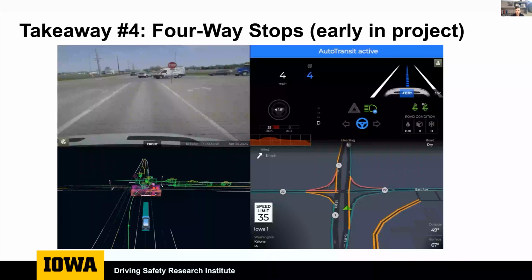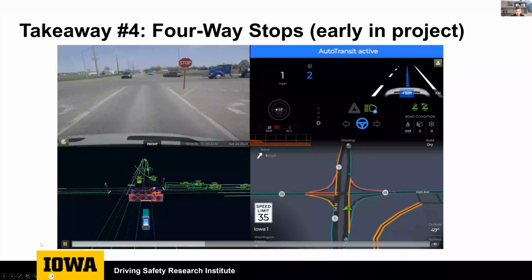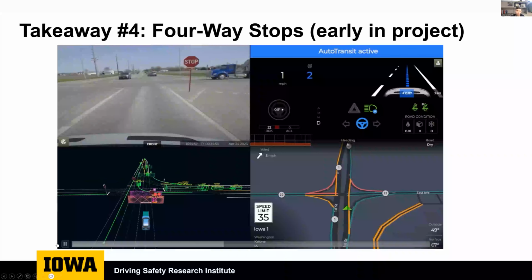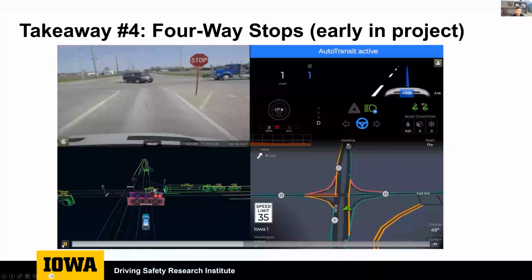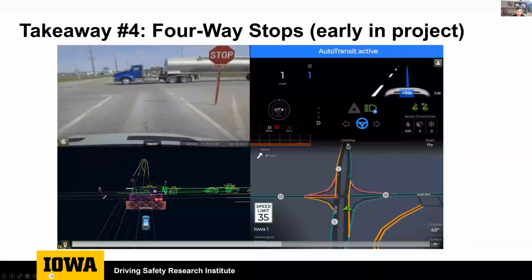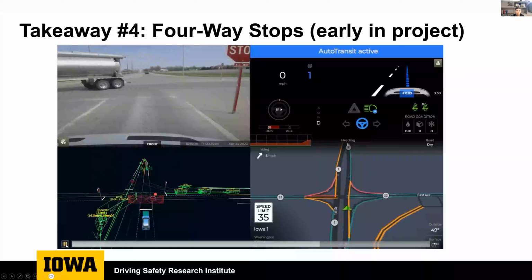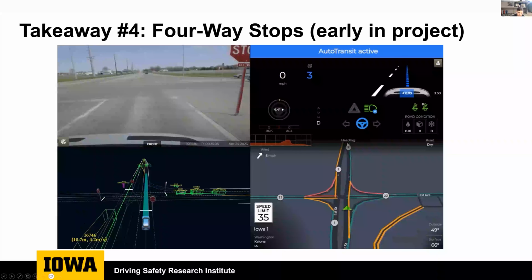So in these types of situations, we get a lot of people that don't know if we've stopped, if we're about to go, if we've started moving, and it can cause a lot of confusion and traffic backups in these kinds of intersections when the transit doesn't actually get up there, come to a stop, and then continue forward. If we want to move on to the next slide, please.